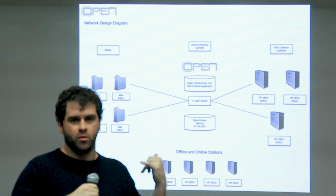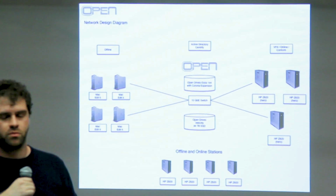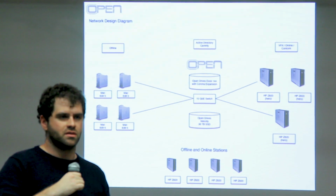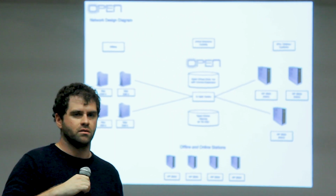Gone Girl was when we got approached by everybody at Number 13 in order to do a completely online storage system that would have the effect of bringing everybody closer and allowing everybody to actually just do visual effects and integrate it into editorial so that the two processes were really seamless. Central storage system from Open, we provided 342 terabytes of hard drive space, and we also provided what ended up being a 36 terabyte all SSD array system in order to be able to work how we wanted to in